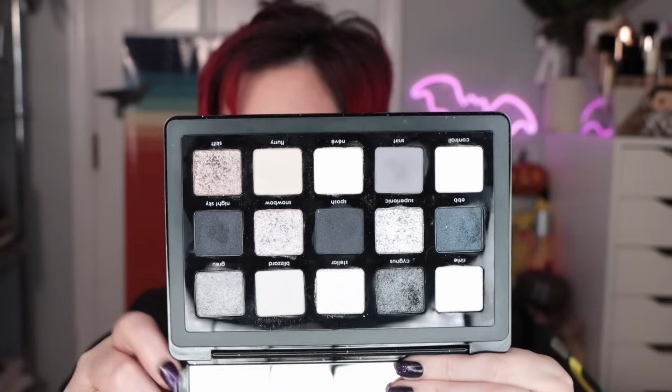How about we talk about something I'm wearing right now? Actually, I'm wearing a bunch of this stuff, but let's start with eyeshadow. The brand new, she just launched Natasha Denona's Xenon palette. This eye look is from that palette. It's so pretty. It's a little more challenging because instead of basing your looks on what shade you're gonna pick, you're really basing your looks on what texture and finish you want in the different areas of your eyes. So it's a little more challenging that way, but I think it is